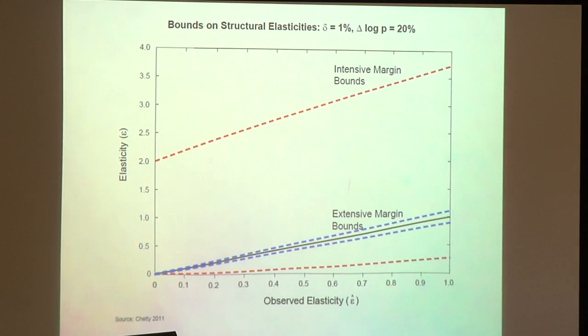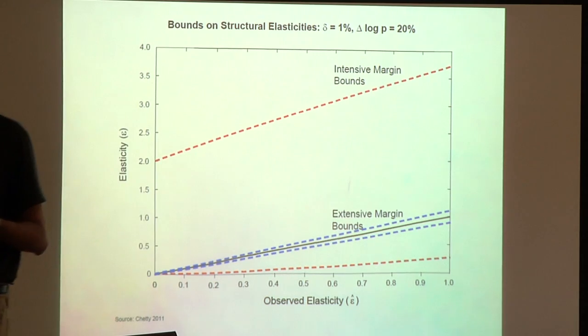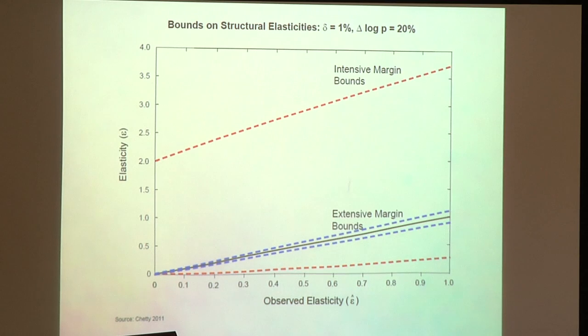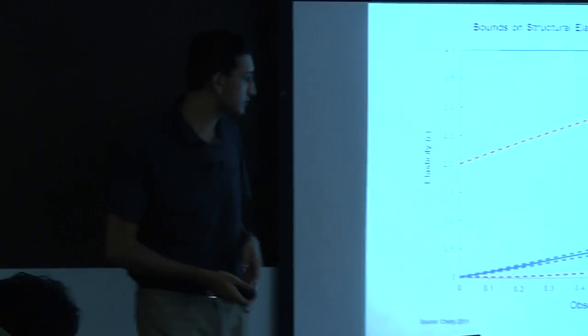And why are the bounds so wide? It relates to the fact that the utility function looks locally flat around the optimum, right? Remember that picture where the costs of deviating from the optimum are second order. It's not such a big deal if the price changes by 10% and you don't do anything, because when you re-optimize the number of apples you buy, you get a small gain because you were already close to the optimum to begin with. That feature of the problem, which is going to come out of any optimizing model, generates very wide intensive margin bounds.